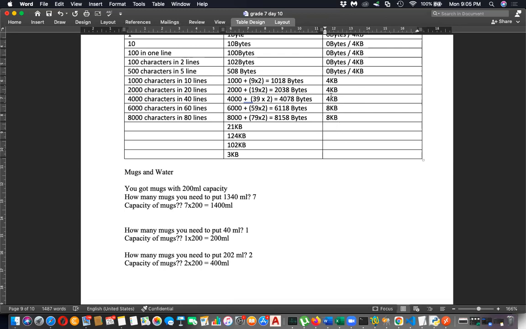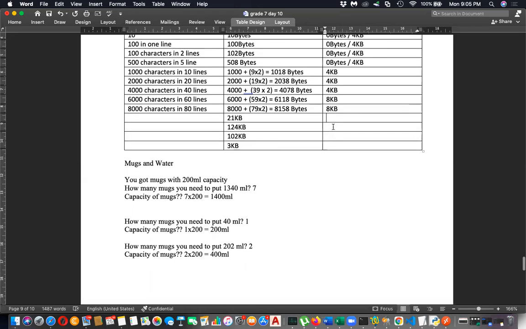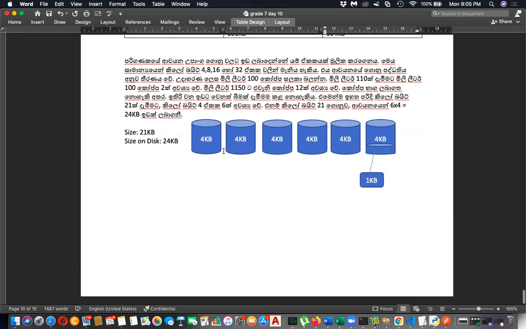So each mug size is 4 KB. So here size means the size of the mug. All are going in multiples of 4. Yeah, multiples of 4. Okay.